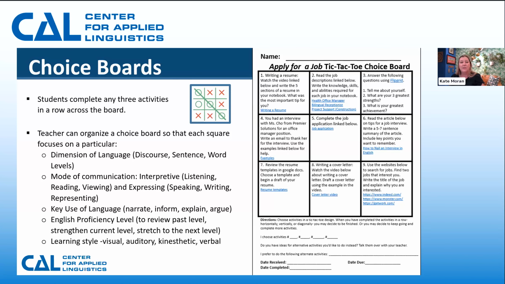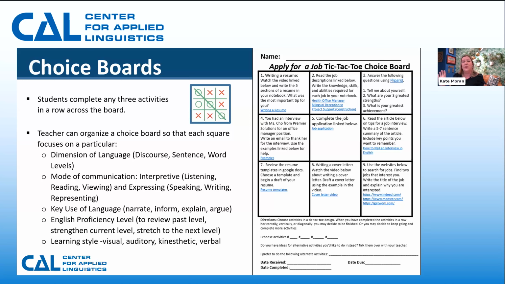There are a lot of different styles of choice boards that you can create for your students. The one on this slide is an example of a tic-tac-toe style digital board that has links to the activities. And the nice thing about this is, in order to complete this activity, students would choose 3 activities that they want to do, either in a row or in a column or across the diagonal. And it's very easy to scaffold these activities.